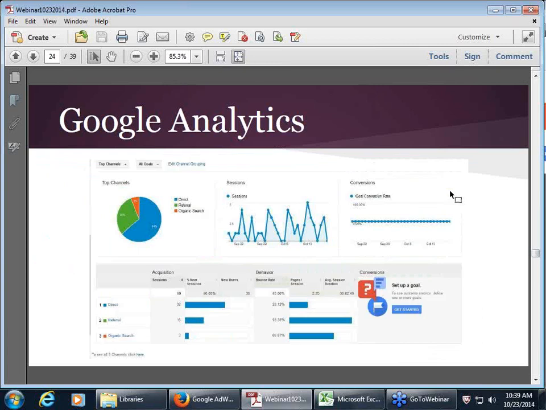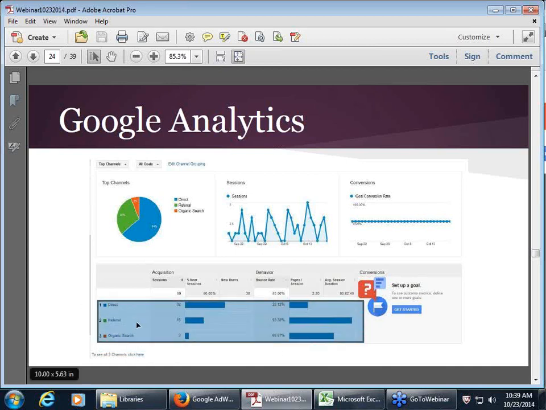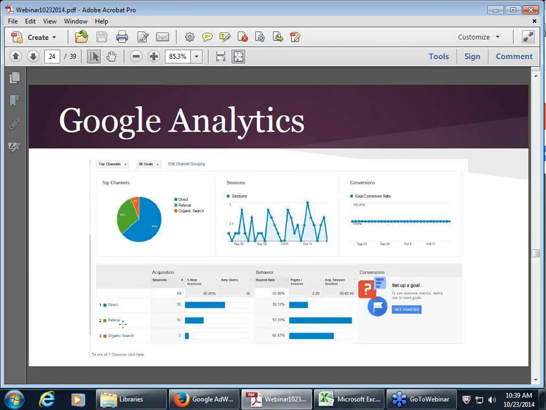Some of the views that you can get out of Google Analytics are the dashboards. This is the dashboard right here for acquisition. It shows you on the bottom what resources people use to arrive on the site. Direct means that somebody entered the URL and came directly to your page. Referral means that somebody was on another site and then saw a link for your website and went to your website by clicking on that link. And organic search is somebody going to a search engine and finding your site.